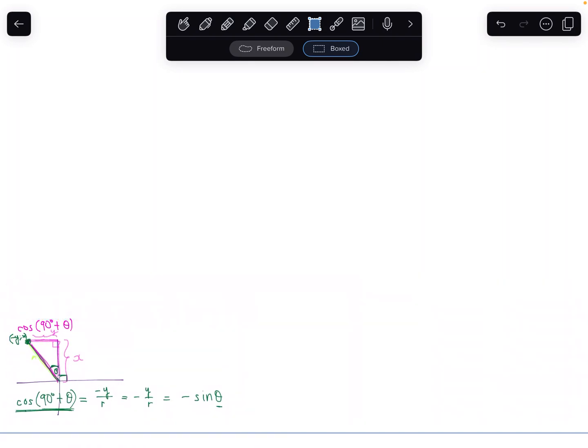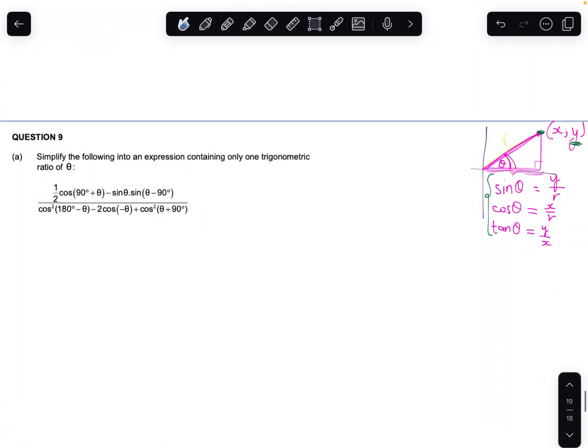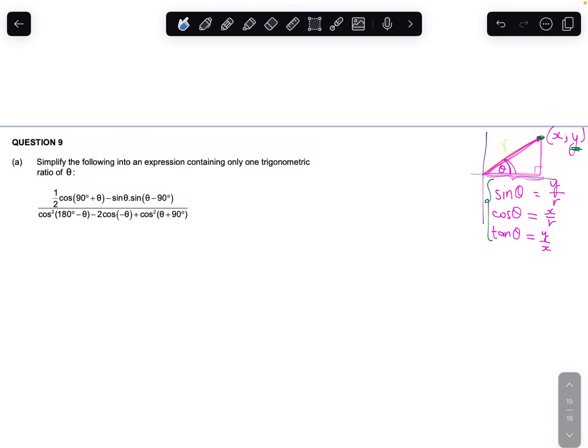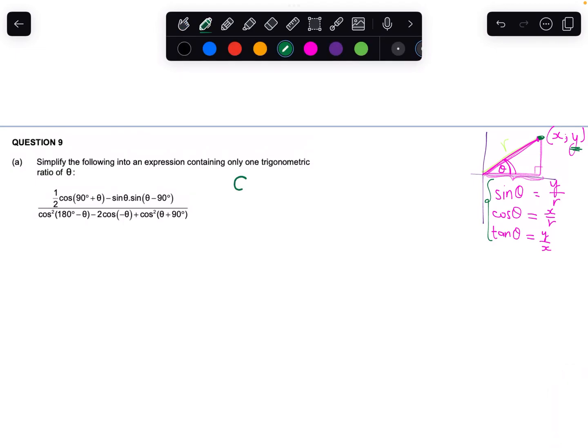Anyway, right, so we have cos of 90 plus theta, I'm just going to make note of them, reduced to negative sine theta, right? And yeah, so my aim is to try and write all the different trig bits in terms of theta. So the next one I'm concerned with is this guy, sine of theta minus 90. So let's do that one next. So again,